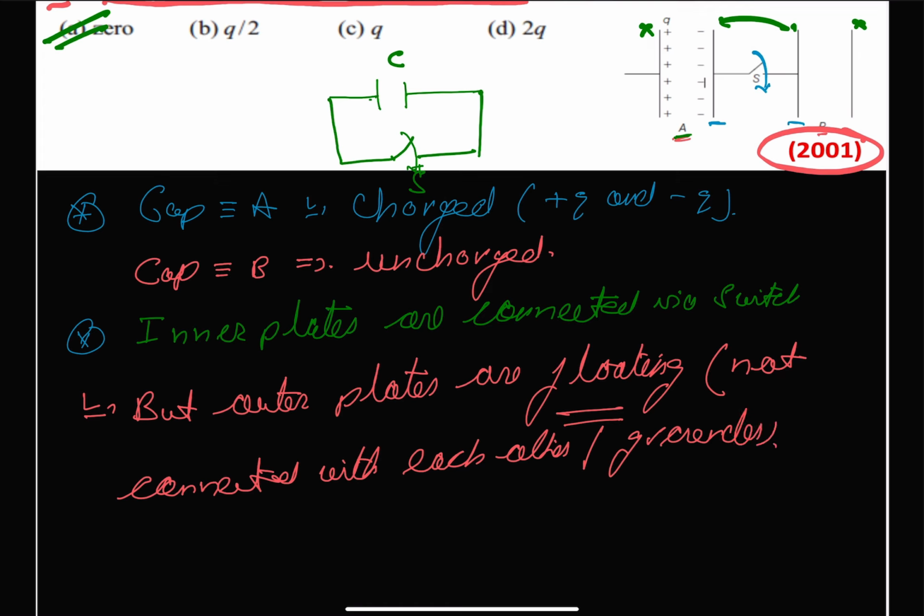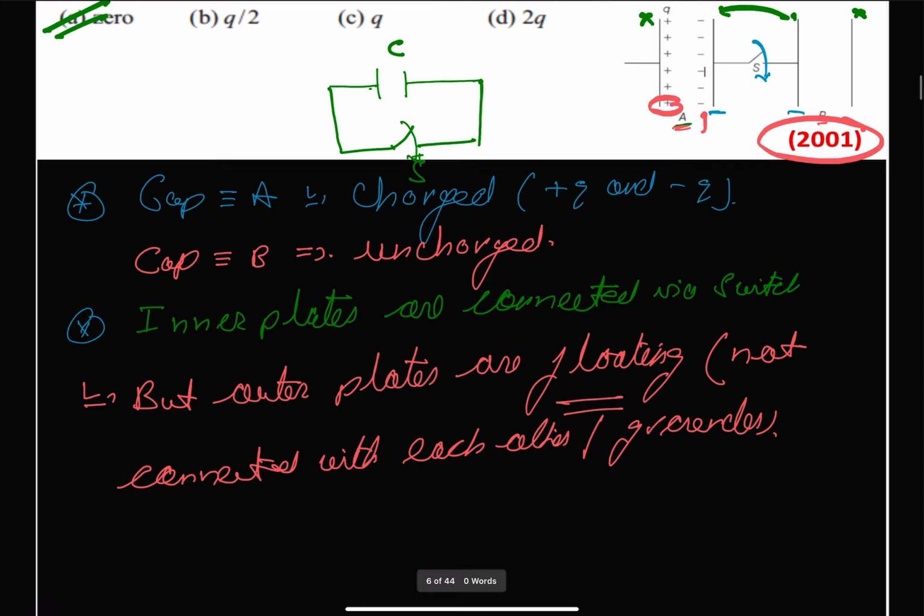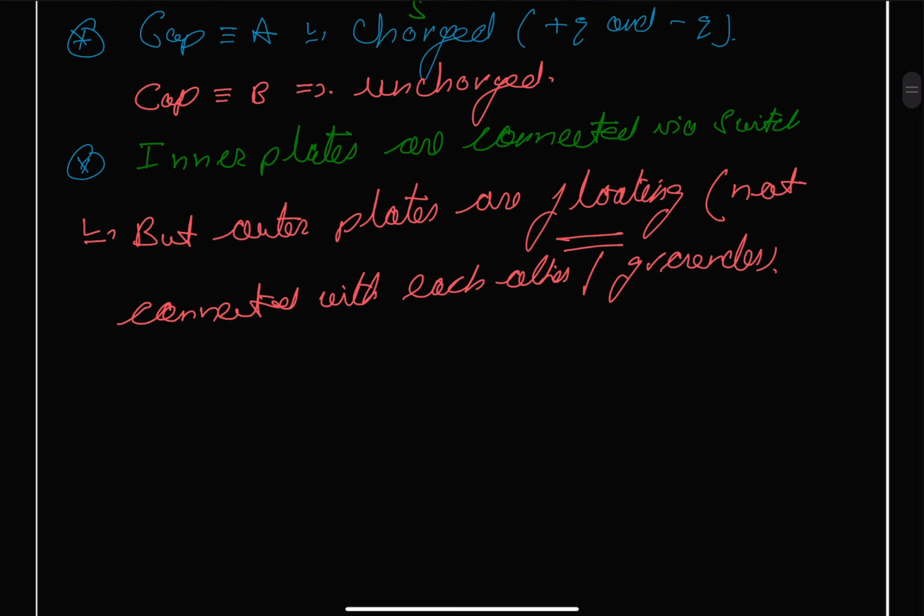So therefore the charge will be equal to 0. And there is another concept that is based on the force. So we can say that this negative charge which is on plate A is tightly bound by the positive charge on the plate A. Because of this there is no charge transfer, or we can say the charge does not flow. So we can use this second approach also,